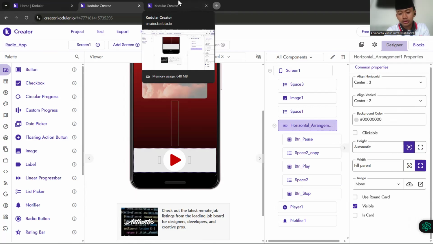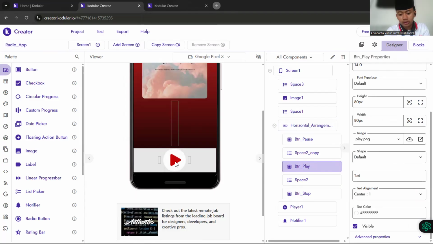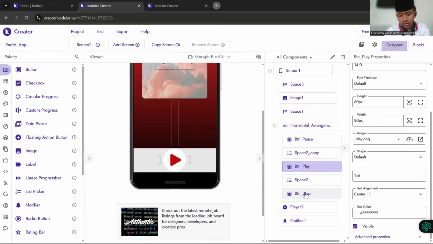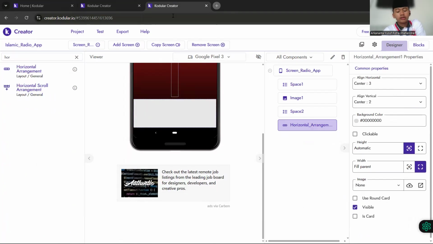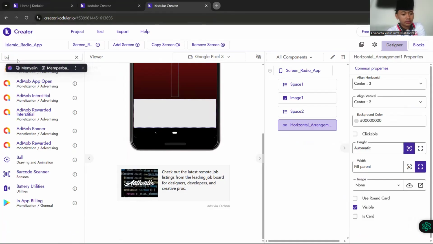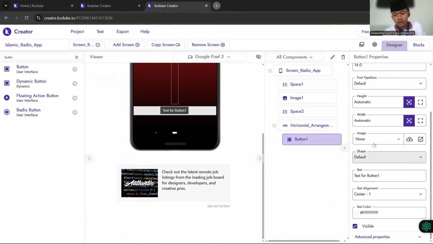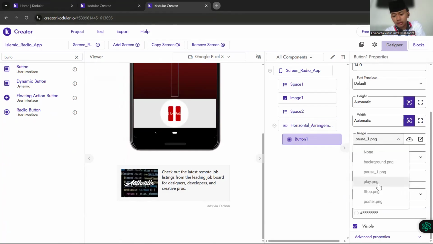Okay, so the first, we can add the name pattern. Okay, for the first pattern, we can add the image that is, I mean, like play.